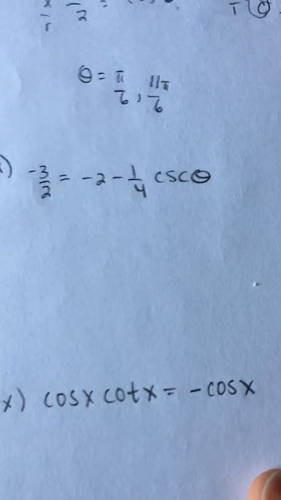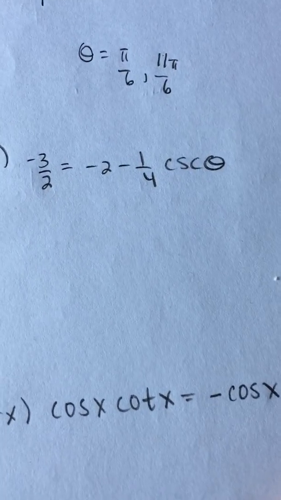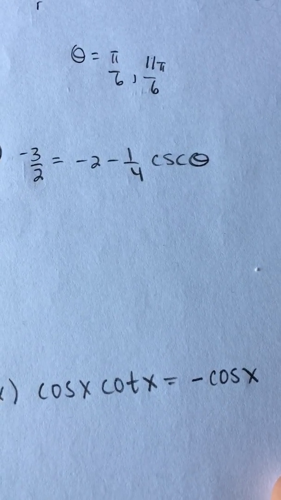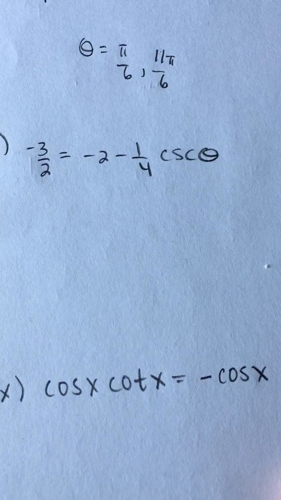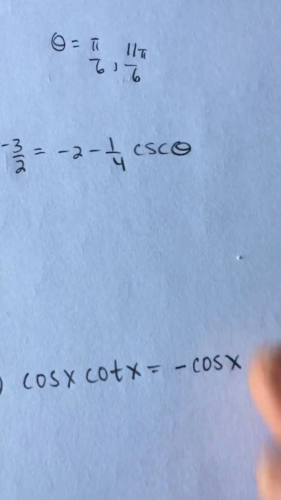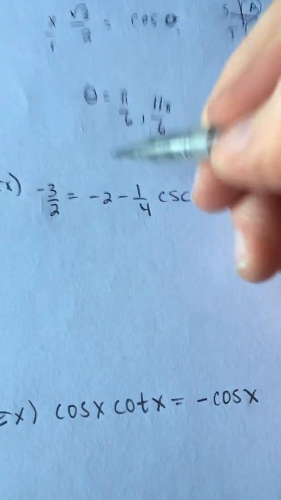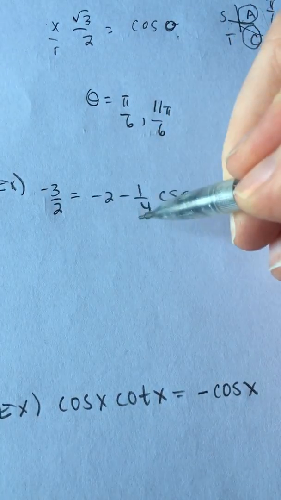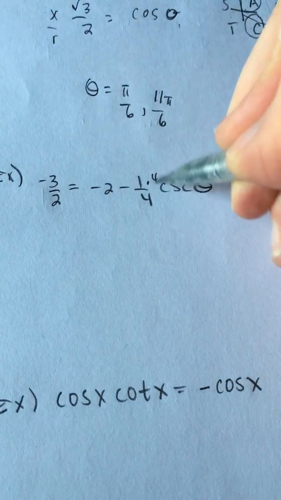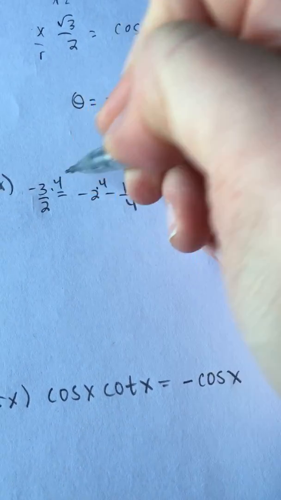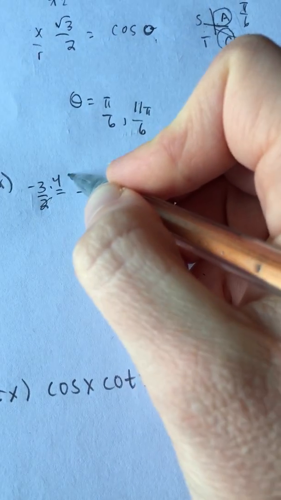Example 2, same thing goes. I see that this is linear, so I'm going to go ahead and, the first time I worked through it I didn't, but this time I'm going to clear my fractions and work to get that cosecant theta alone. So if I clear my fraction and multiply everything by 4, looking at both of my denominators, by 4, by 4, by 4, which again will then give me